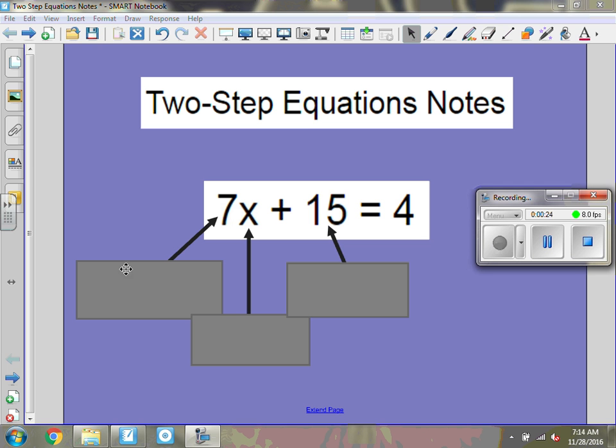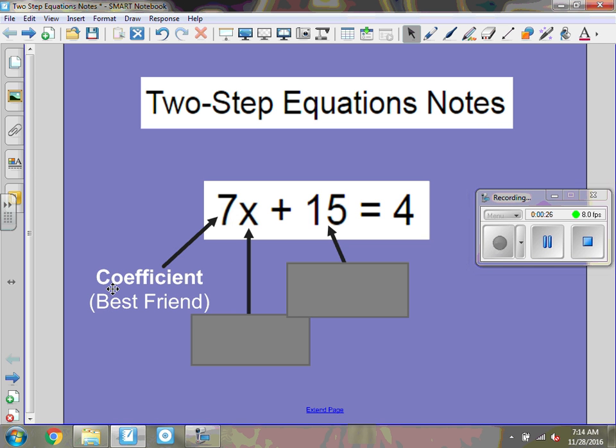Let's look at the number 7 in this equation. Number 7 is what is called the coefficient. That means that it's the number that's getting multiplied by the x. I like to call the coefficient the best friend, and you'll hear me say that throughout the video. The x is the variable. That's that letter that stands in for a mystery number that we'll be able to solve using our steps today. I like to think about the variable as me,